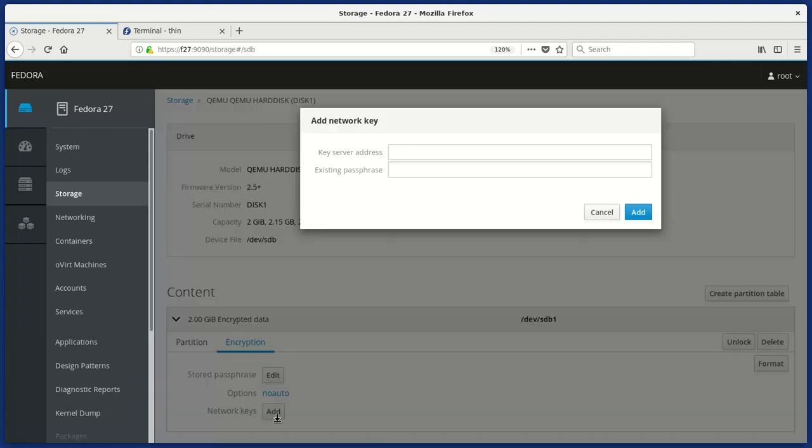and this is how you can bind your disk to a tang server. You have to know the URL of that server. This is where mine is, and you have to type in the passphrase of your disk. And then